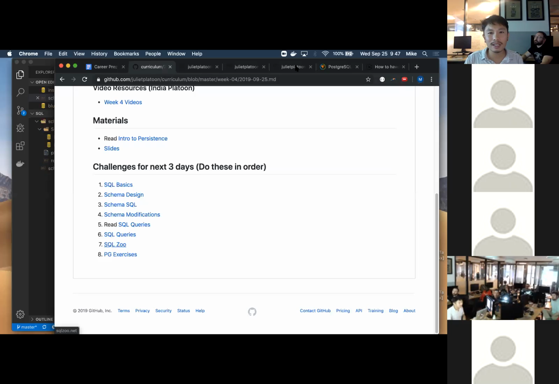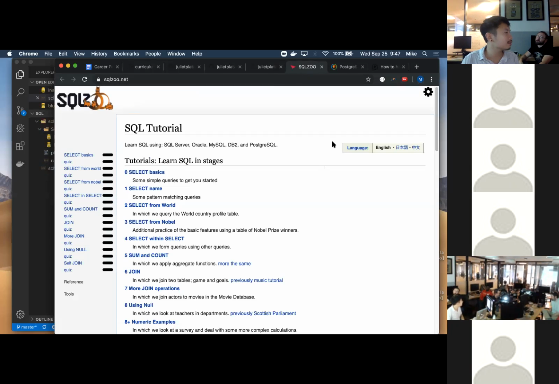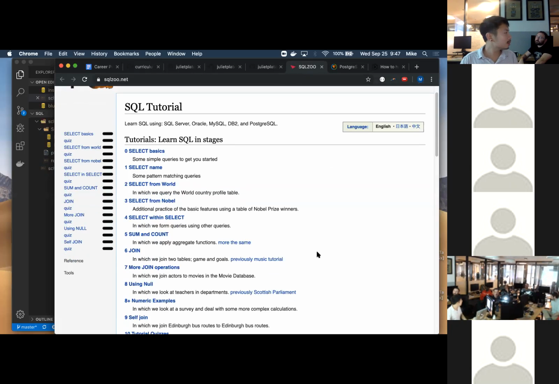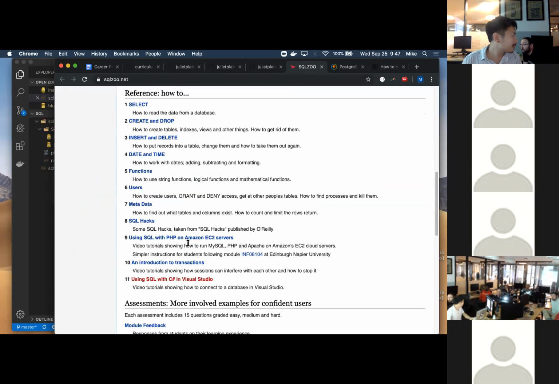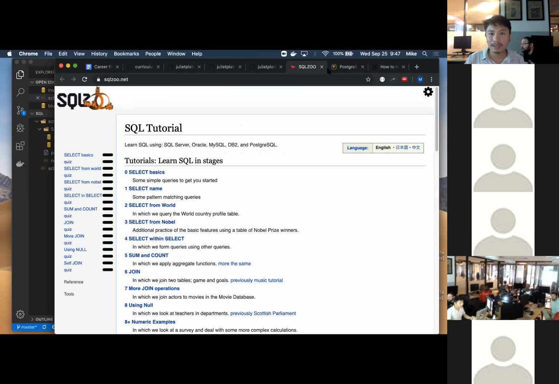Has anyone done SQL Zoo yet? Not yet. SQL Zoo is awesome for pairing. I think it would be kind of torture to do it by yourself because you get stuck for a long time. But if you're doing it with someone at the same time, you can say, "Have you done number 9 yet?" And they're like, "Oh, I got stuck on that one too," and it's just one SQL statement that you need to get past, and you can keep going. That's fun.